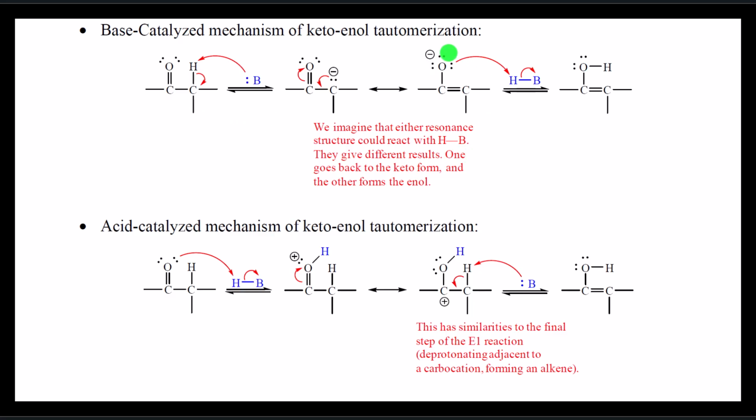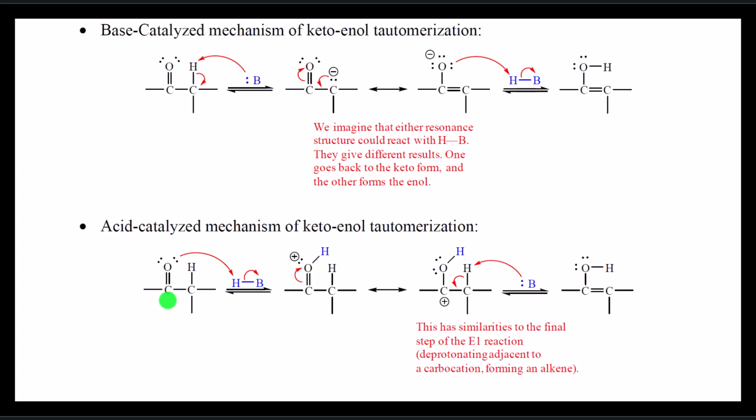In contrast, the other resonance structure can react by acting as a base, removing a hydrogen from an acid, and becoming protonated on the oxygen. That creates the OH, and it leaves the double bond in its resonance shifted location. The acid catalyzed mechanism